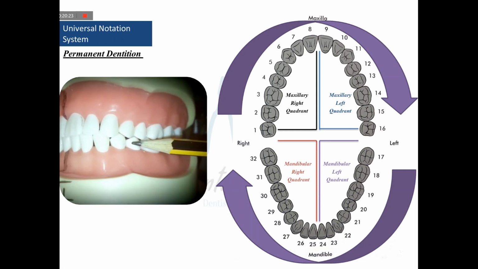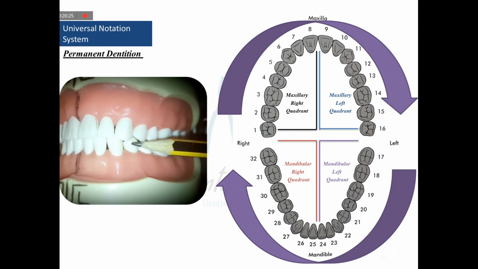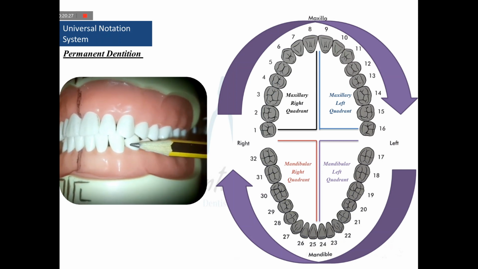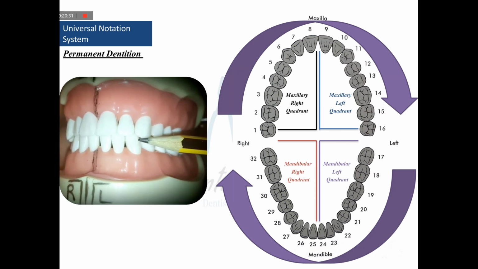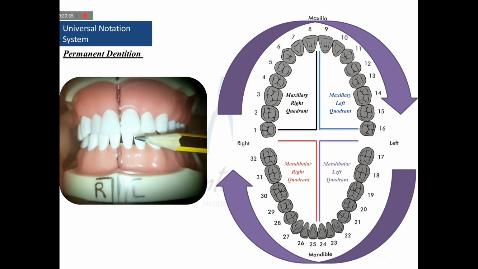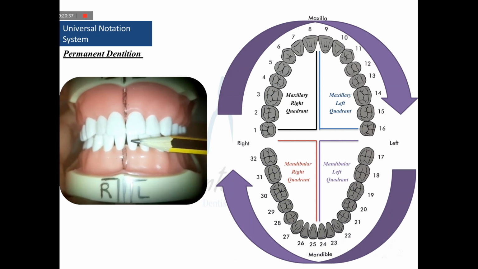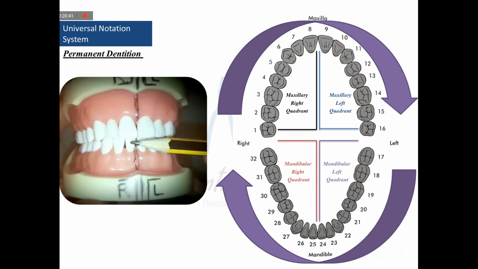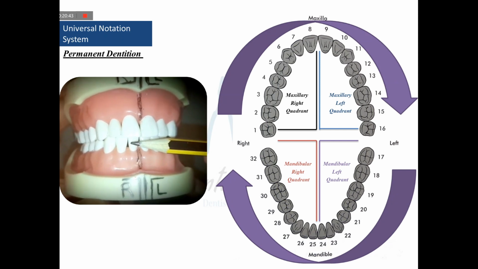The first premolar is marked as 21 on the left hand side. Then we mark the canine as 22, the lateral as 23, and the central incisor of the left hand side as tooth number 24. Then we count towards the right hand side, the central incisor, and mark it as 25,